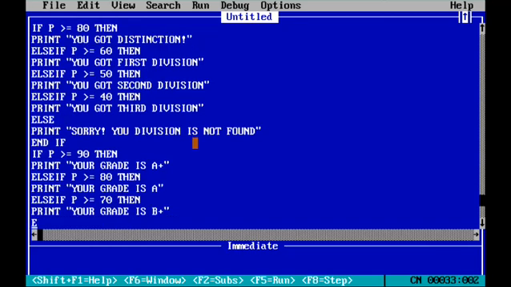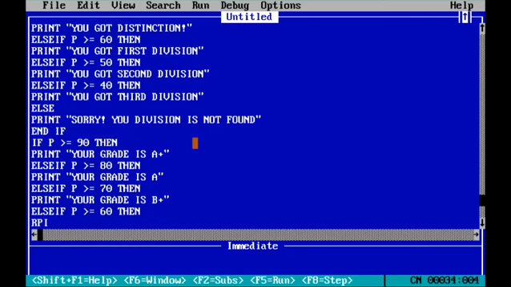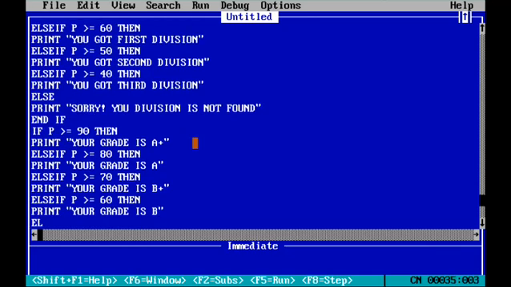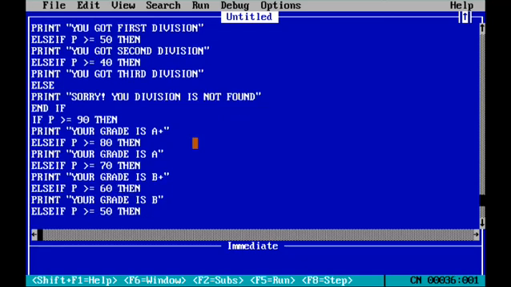Now next again I have to use else if P greater than equal to 60, then print your grade is B. Again I have to write else if P greater than equal to 50, then print your grade is C plus.